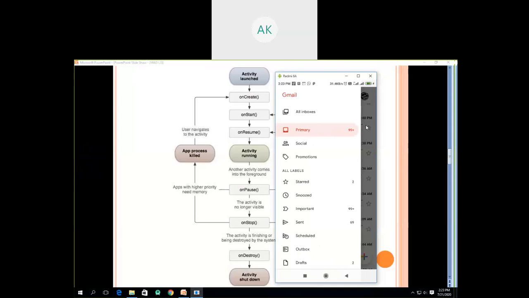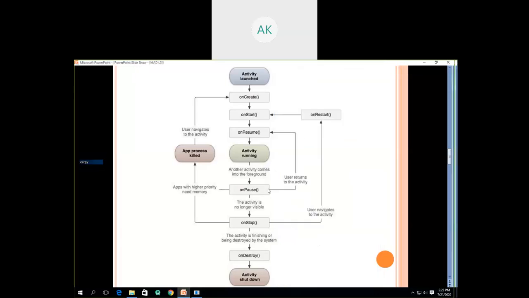So this fragment is coming into the foreground of this activity, but the activity is still visible in the background. This particular state of the activity is called the onPause state.